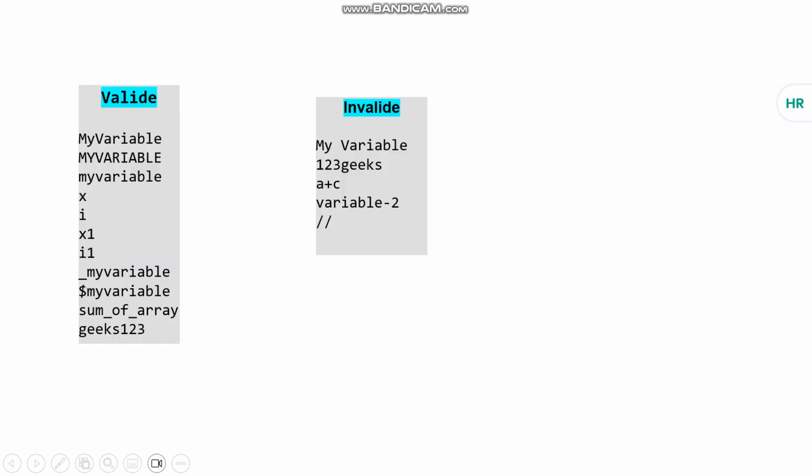Some examples of valid and invalid identifiers are given here. For a valid identifier, if you see, my variable starts with an alphabet character, and we don't have any other